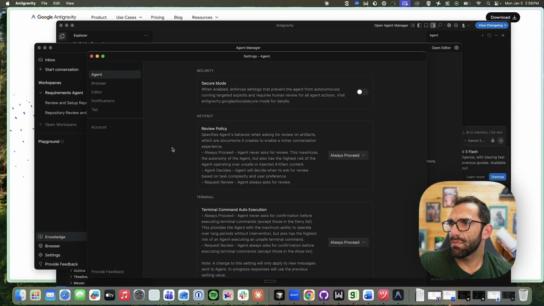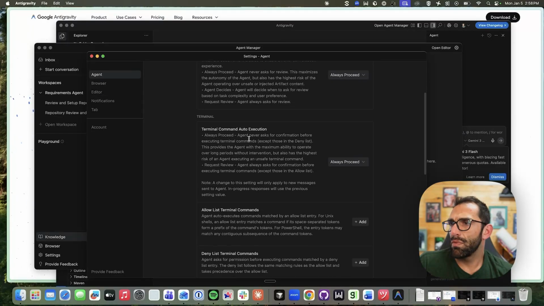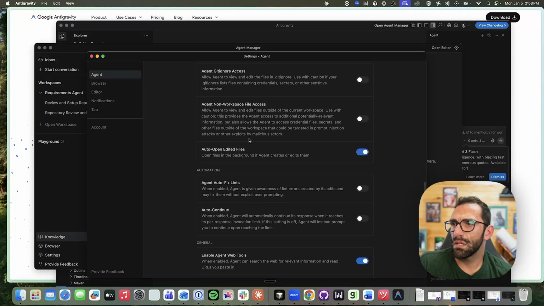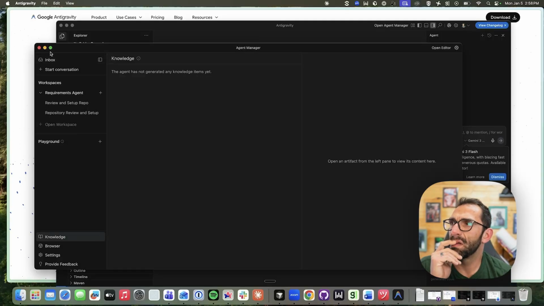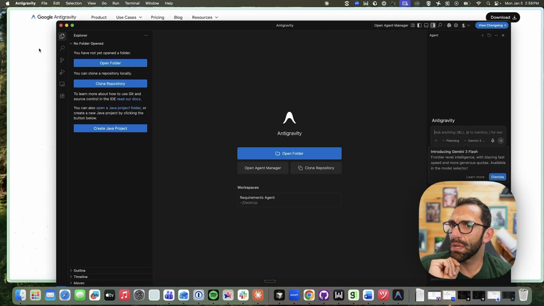Browser settings is fine. View policy, terminal, file access, automation. Okay, well, nothing really stood out to me that would make me say, oh, this is better than Cursor or Claude Code. I don't really see anything in here. I mean, they just cloned it, essentially. I don't see a huge benefit, and I guess I would have to look into it, the agent manager is essentially a Claude Desktop app, so I'd have to see how people are using it and whether there's anything unique